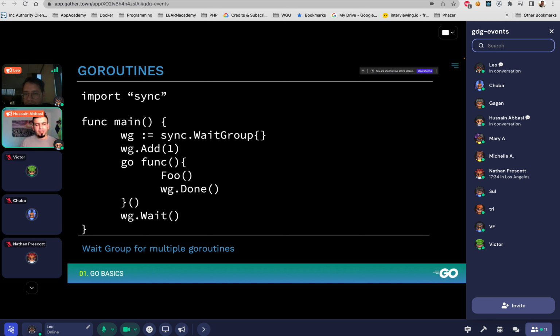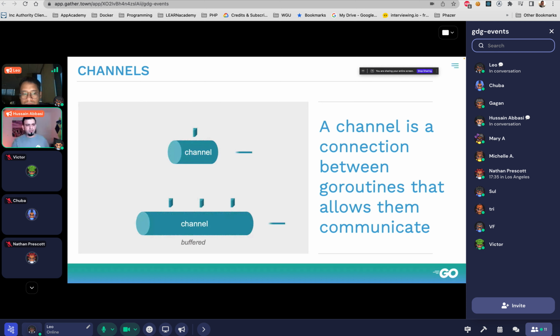Now, because Go lets you make this decision for yourself, if the numbers don't match, your app will hang. Let's say you expect 3 workers but only spun up 2. It's going to say I'm waiting for the third one, and if it's not there, your app will just not work. So we can start a wait group, and within each Go routine, when we're done with the function, we can let the wait group know that we're done working by calling the .Done method. At the bottom, I'm saying wait for all of them, so I'm waiting for all of them to finish before I move on to my execution. Right. So we'll see that in action in the API.